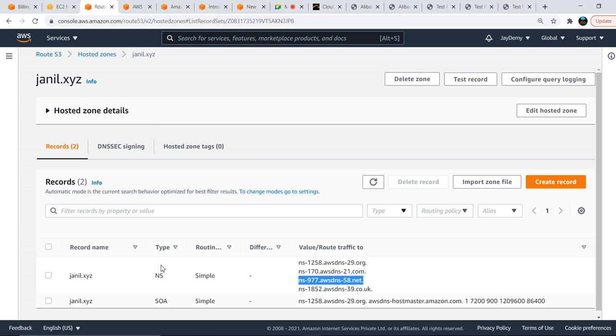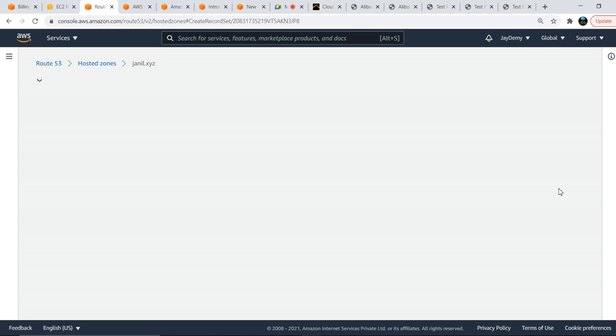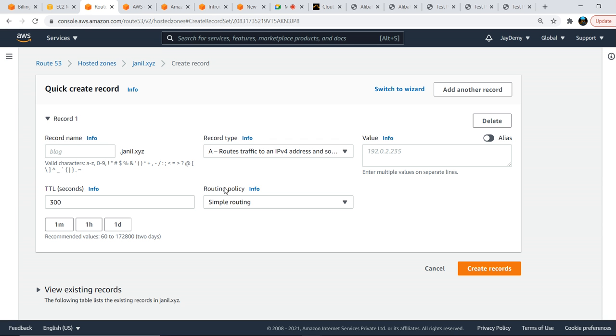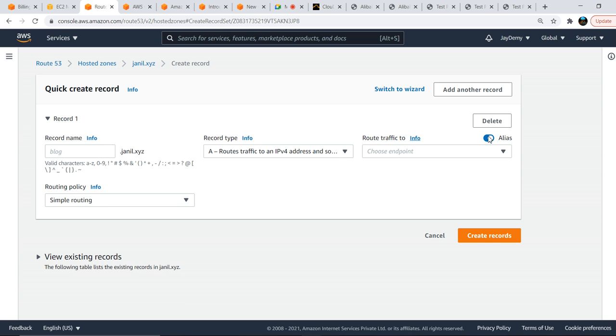So let us go here. We have added the name servers. Now what we need to add here? We need to add the load balancer in the hosted zones. So create a record. Create a record here. And if you see here, alias is there. If you enable the alias,